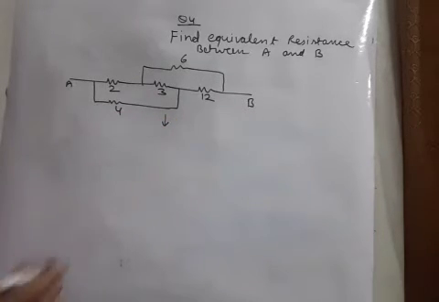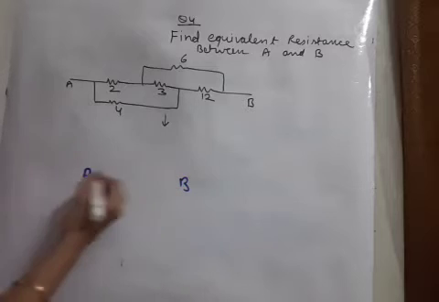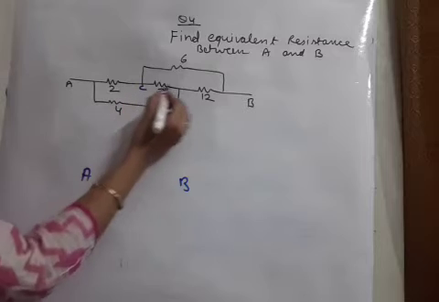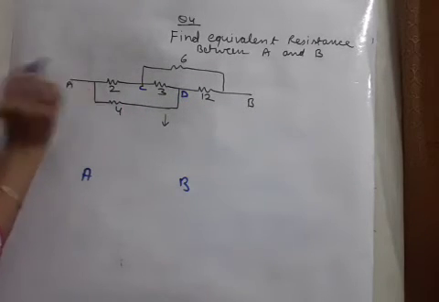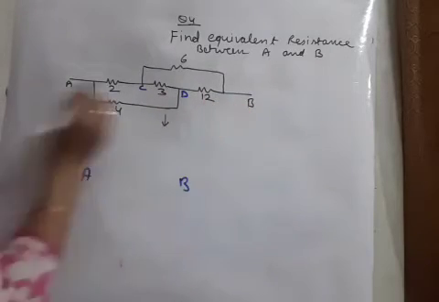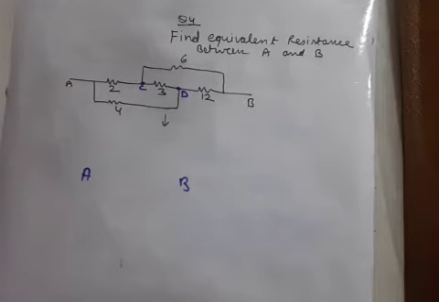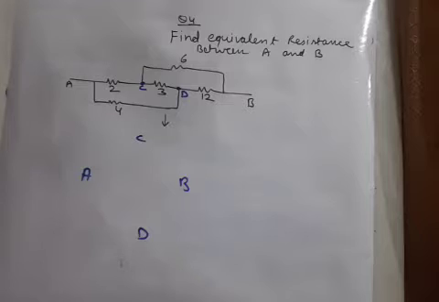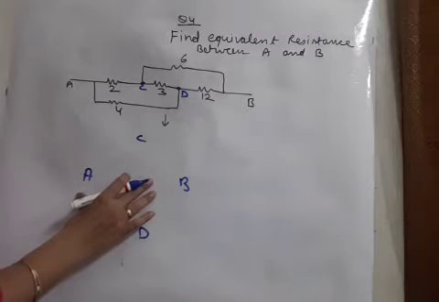We have to redraw this circuit first of all this way. These A and B points we have to write at the side, and two more junctions will be appearing just in between. So we will name them C and D. This A and this A are the same, and this B and this B are the same, no problem. Now we will write C and D above and below in the form of a quadrilateral arrangement. Now we will pick one by one resistance and join it between the points.